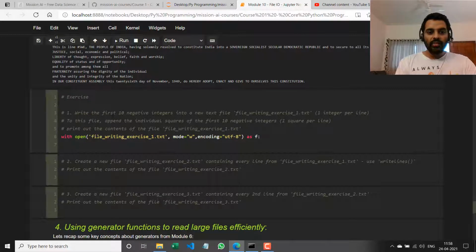And I want to write the first 10 negative integers. How do I get the first 10 negative integers? So I'll say for I in range, what am I starting with? -1. What am I ending with? -10. So I want to go all the way till -11 in steps of -1, right? So I'm starting with -1, then I'm adding -1 to it to get -2, and so on. I'm going all the way till -10,